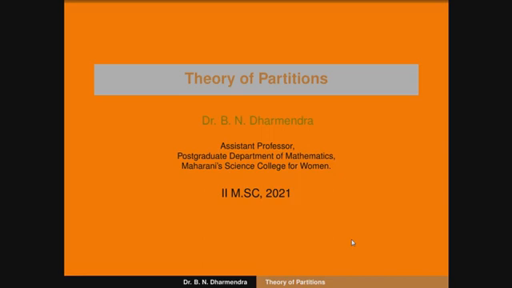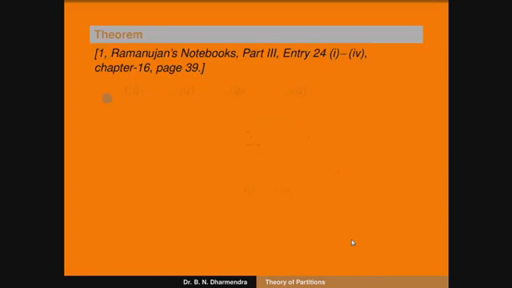We just have to go through that one, and observe that theorem. Ramanujan recorded that entry; we can now call this a theorem. Ramanujan's notebook part 3, entry 24, chapter 16, page number 39, recorded the interrelation between the three special cases of Ramanujan's theta function and their negatives, and also the terms of chi of q and